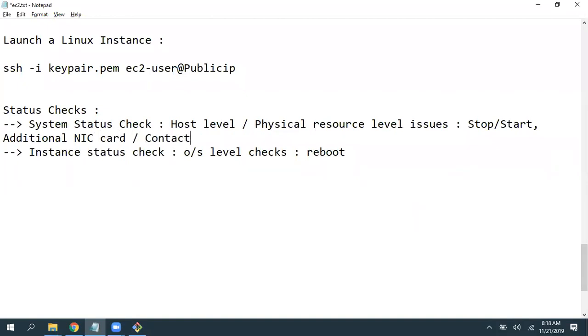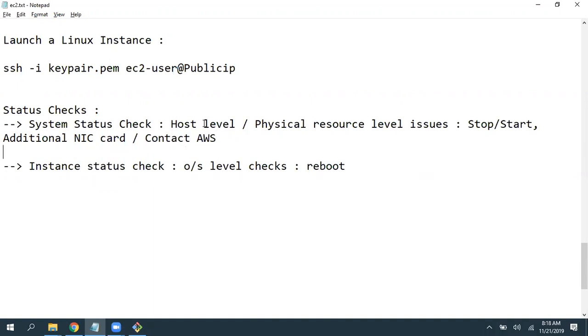If that is also not working, contact AWS. We are nowhere near the physical resources. We are in a remote location and that server is running in the AWS data center. We really don't know, but status checks are failing. In that case, stop and start the instance.